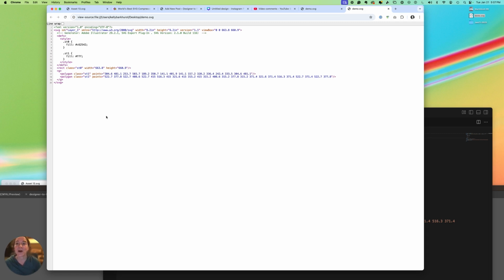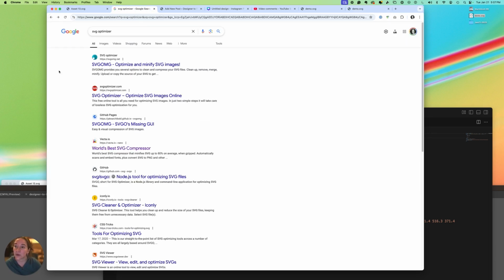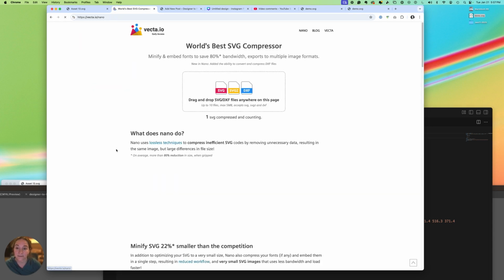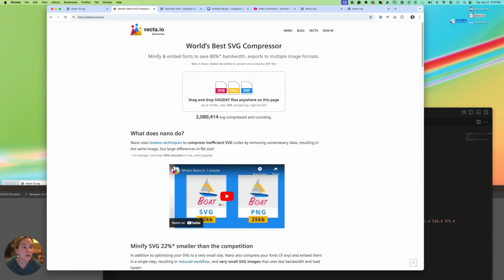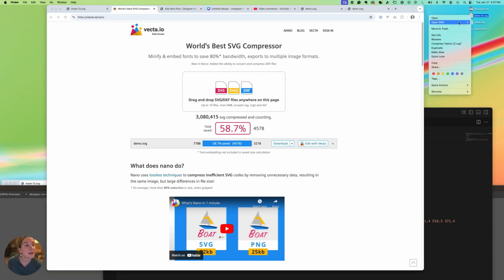All right, so something that I might suggest is you can search SVG Optimizer, and there are lots of online tools. So let's just say I pick Vecta, and I drop this demo SVG in, and we can see that it can make it 58.7% smaller. So if I download it, and this time I say open with TextEdit,